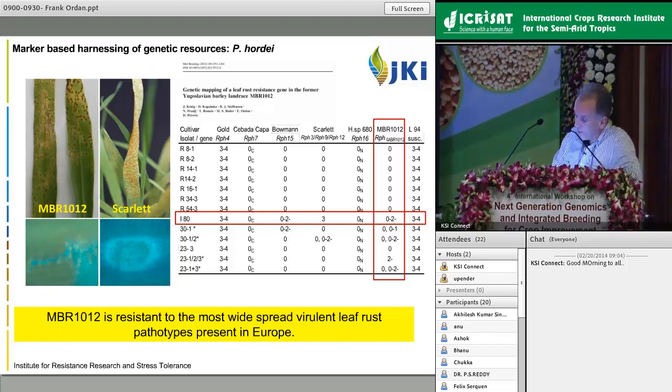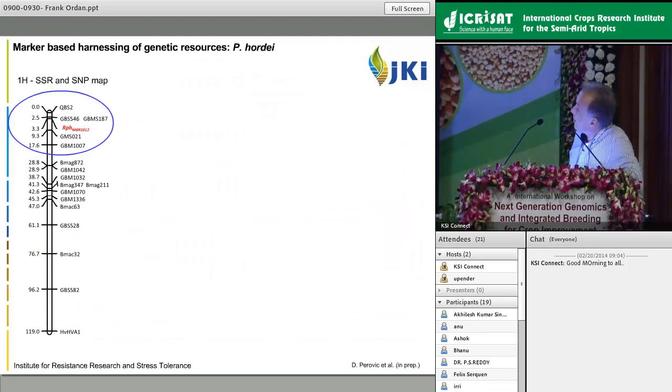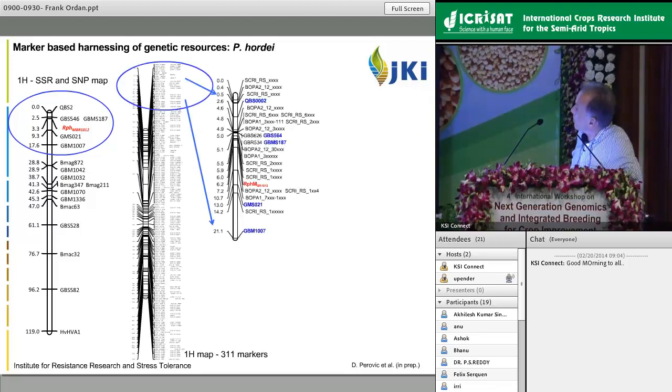And so in the first step, we mapped this gene in around 100 DH populations using conventional markers on the short arm of chromosome 1H in an interval of around 6 centimorgan. So at that time, the 9K iSelect chip came up, and we used this population for developing our own map, and you see by this approach we were able to identify 311 markers on chromosome 1H, and within our target interval 16